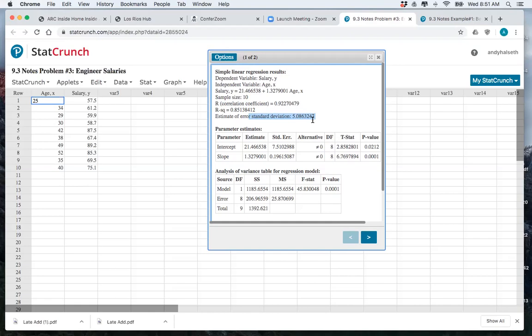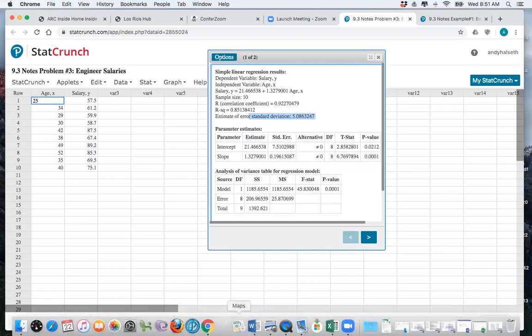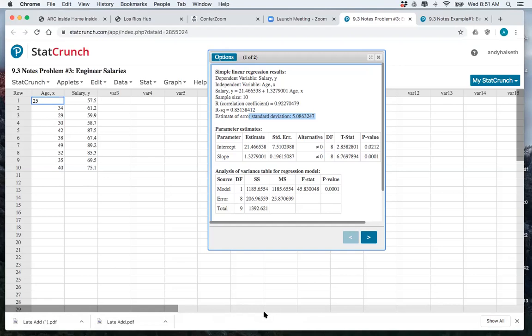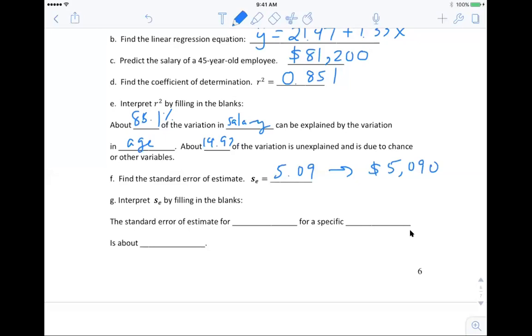Okay, and then the interpretation of that, once we're done with this StatCrunch, I can jump back to my handout. You can see what I'm writing. The interpretation of that is the standard error of estimate for Y value, salary, for a specific age is